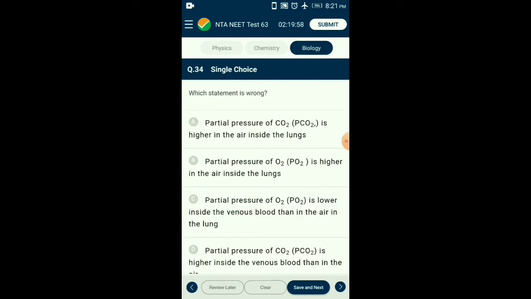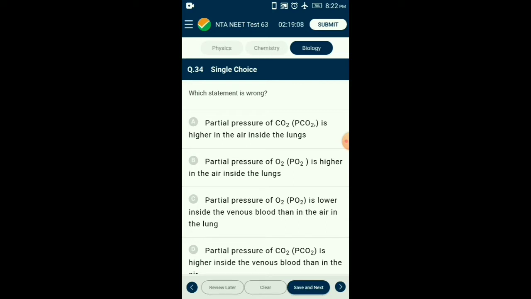Question number 34. Which statement is wrong? Partial pressure of oxygen in the atmospheric air is 158 mm of Hg and that of carbon dioxide is 0.3 mm of Hg. Partial pressure of oxygen, that is PO2, in alveolar air is 100 mm Hg and it is only 40 mm Hg in arterial capillaries of the lungs. Therefore, oxygen from the alveolar air rapidly diffuses due to its higher PO2 into the blood